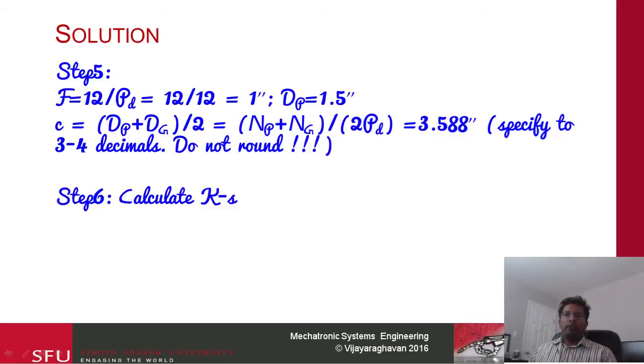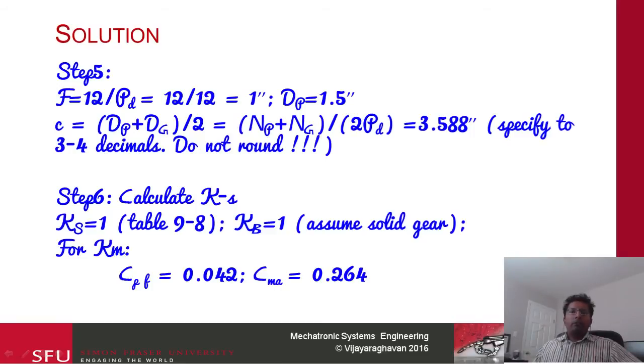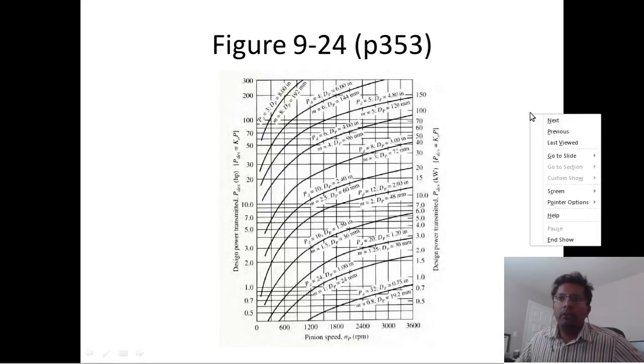Proceeding to step 6, we're going to calculate all the K values. Ks, looking at table 9.8, is going to be 1. Kb is going to be 1, assuming it's a solid gear. Then we're going to calculate Km. So for this, we're going to find Cpf is 0.42 and then Cma is 2.64. So you can either use the formula for this, or you can basically use the